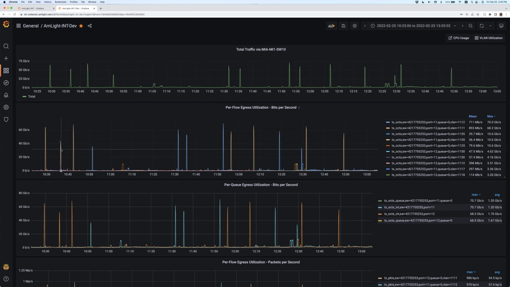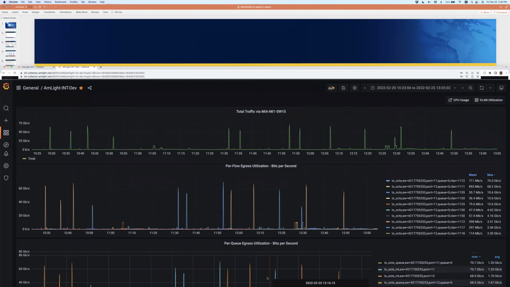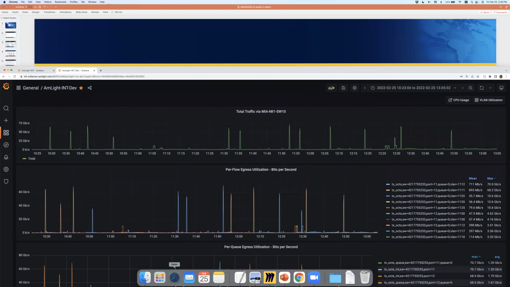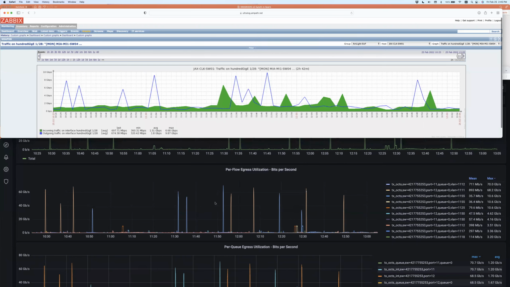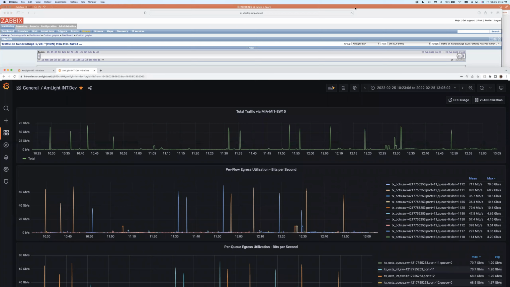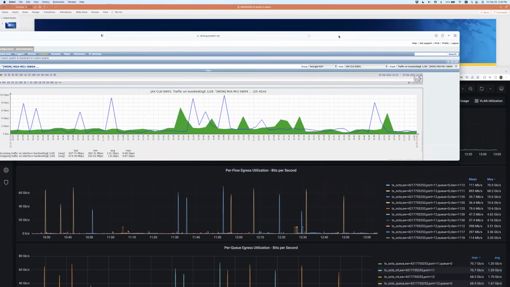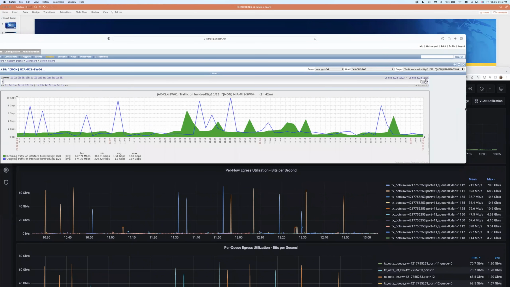And those peaks here, I'm going to overlap with the Zabbix that uses SNMP, exactly the same time interval. So then you can see here that Zabbix only reported us having peaks of 8 gigs because that data,